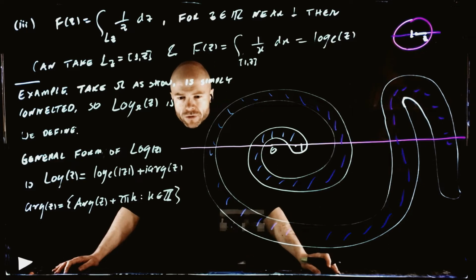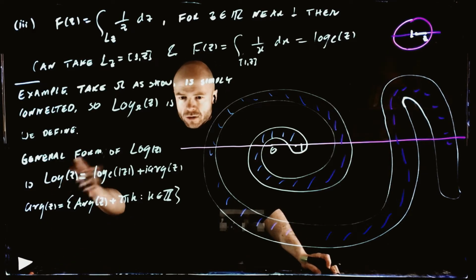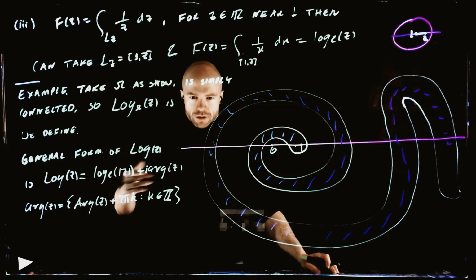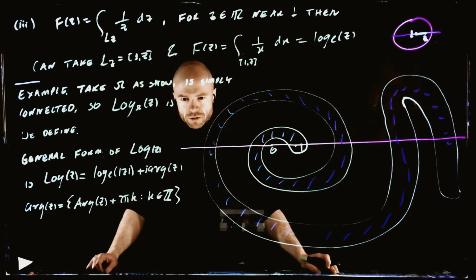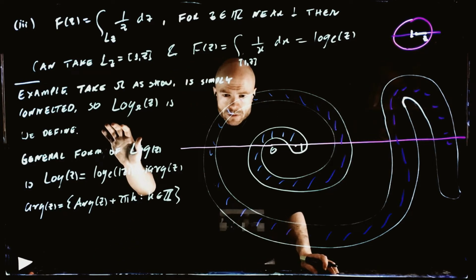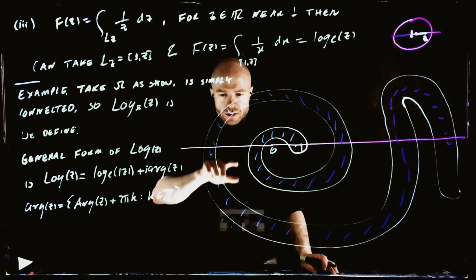This is what we figured out when we discussed what complex log has to be, right? And the issue is we don't like it like this because this is not a single valued function, right? But the claim is now we do have a single valued function, right? Yeah, on this thing. Okay. All right. So